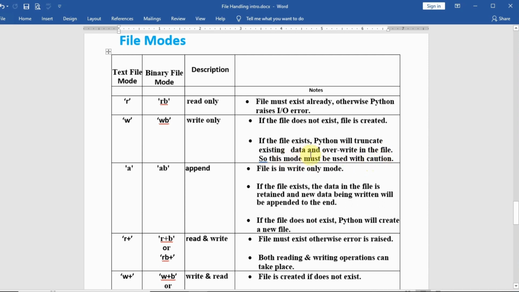It means if the file does not exist, it will create a new file. Second condition: if the file is there and we open it with write mode, it will delete all the data which is already present in the file.